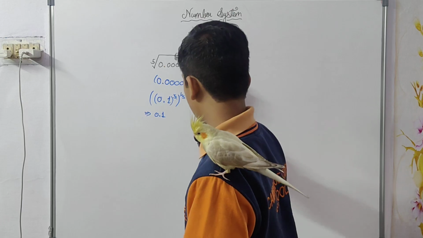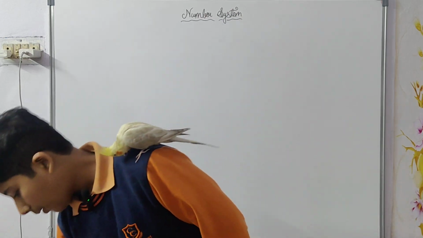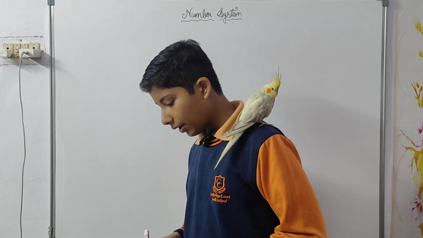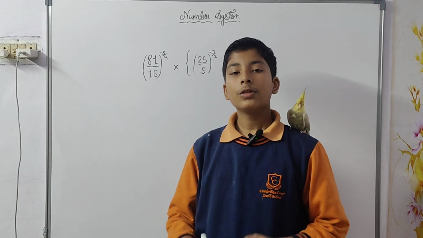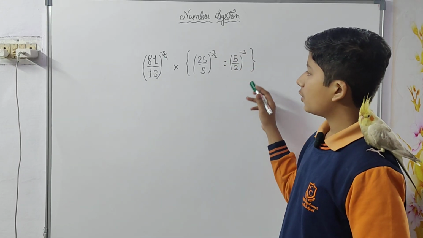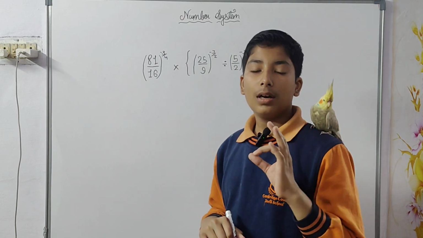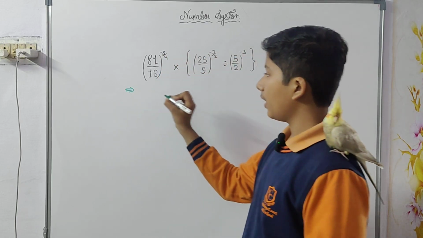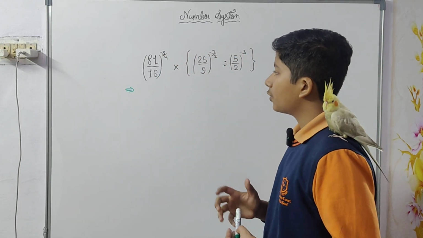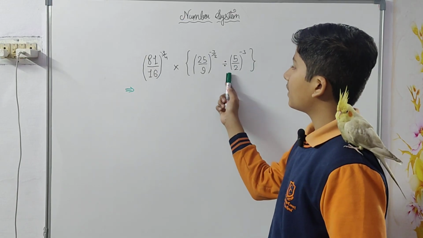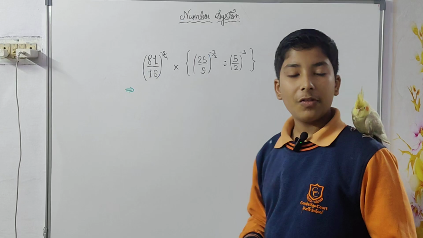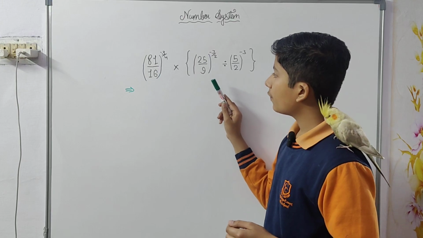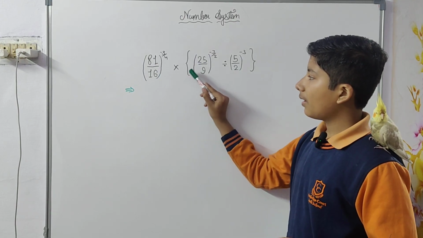Now our next question is this one. I'm going to write it. It is very small. So let's see. 81 by 16. So friends, in this one question, we have to just simplify it to the last form it can get. So if you see, firstly make an arrow and just observe the question. You cannot divide this by this. Why? Because if you simplify it, the bases won't be the same. Instead, you firstly divide both of these, then multiply.